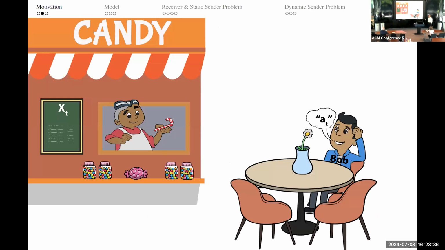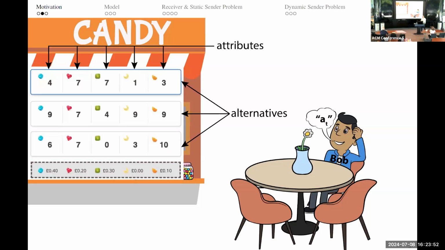So we don't have a lot of time today, so I hope you'll forgive me for introducing the model by way of this silly cartoon where we see a consumer, Bob, who visits this candy store, where he has choices between these jars of candies that contain different numbers of different types of candies. We can stylize Bob's choice problem here as choosing one of these rows, which are choice alternatives that are characterized by different numbers of different candies, which are our attributes displayed in the columns here. And we can assume, for instance, although that's not necessary, that Bob has linear preferences, meaning that each type of candy has associated with it a particular value.